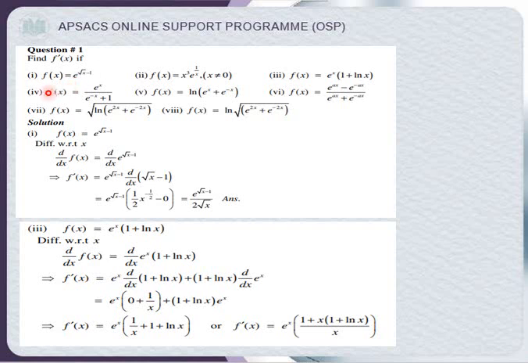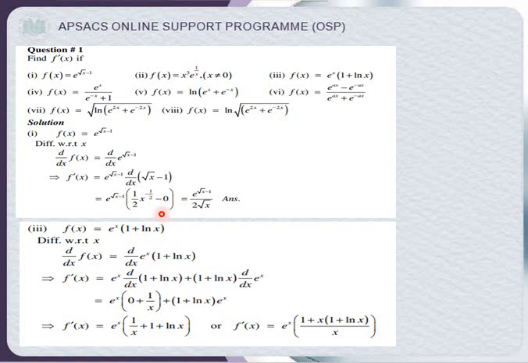Now, question number 1, f of x is equal to e raised to the power root x minus 1, and we want to take out the derivative. So differentiate with respect to x, so the derivative is f dash x, and e box is equal to e box and derivative of box. The box is upstairs, okay, e box and derivative of box. And you can see that the derivative of root x is 1 upon 2 x raised to the power minus half, and the derivative of the constant is 0. So the answer is this.